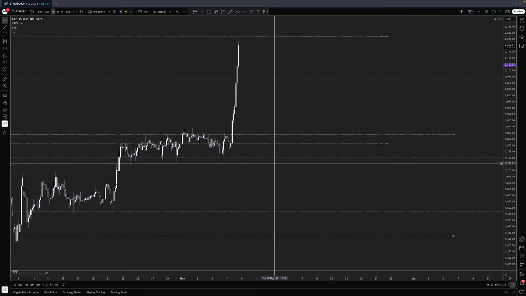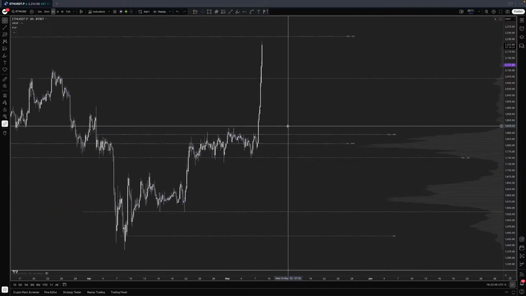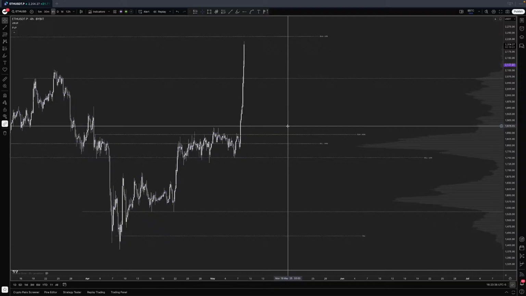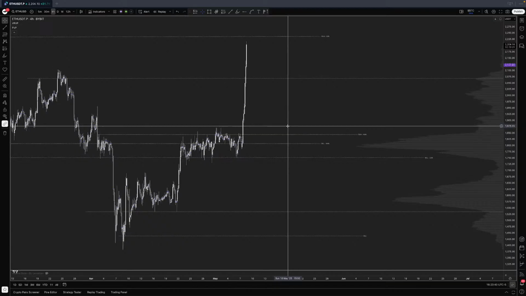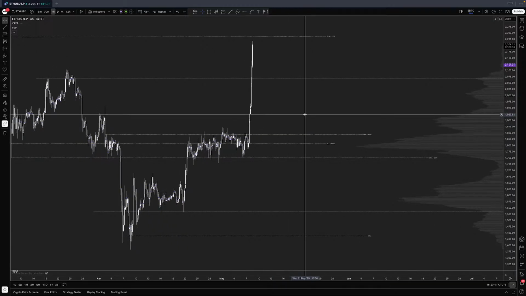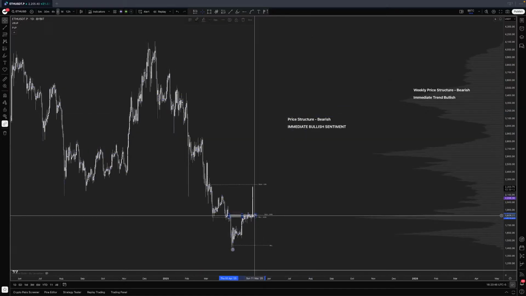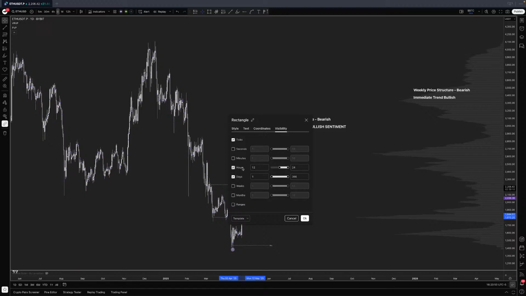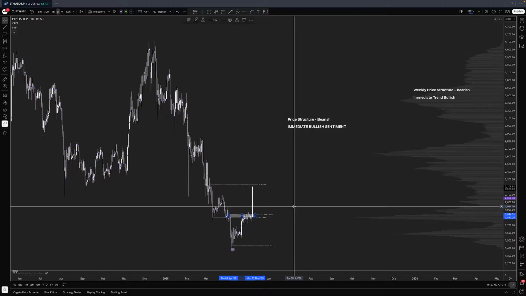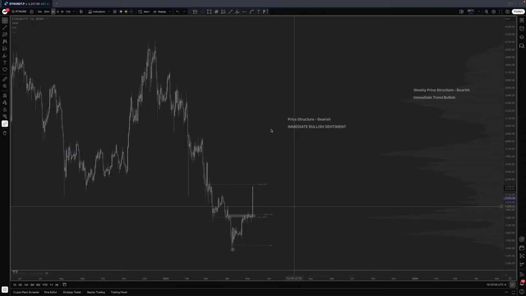Really nothing changes between the 4 and the 12 hours. Sometimes they do, sometimes they don't. As far as I can tell, right now we are having these. Let me check from the daily perspective. Oh, we have a small zone over here that we're going to also put on the hourly chart. And now we go back to the 4-hour.